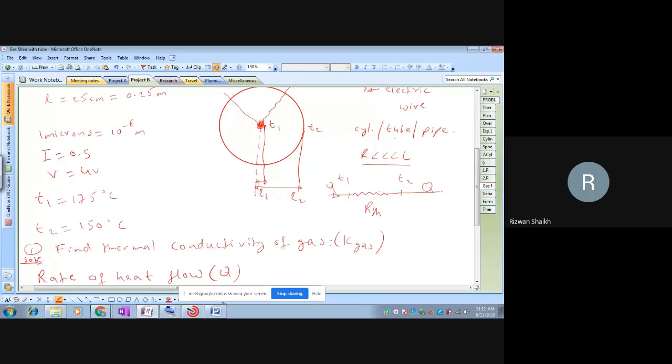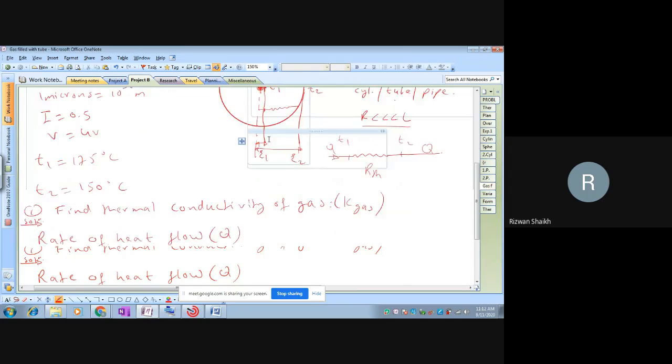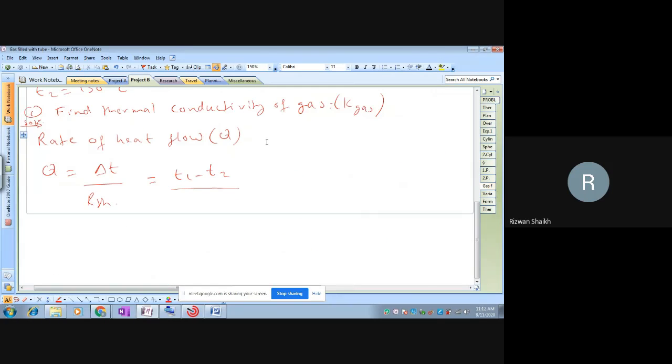Is it clear? So between these two temperatures, we have only one resistance. So if I want to plot, I can plot here one resistance. Just I'm showing you roughly. Temperature T1 is here and temperature T2 is here. So here we have one resistance from the surface. So I can apply the equation. So what is the equation we can apply for RTH? Can anyone tell me what is RTH?